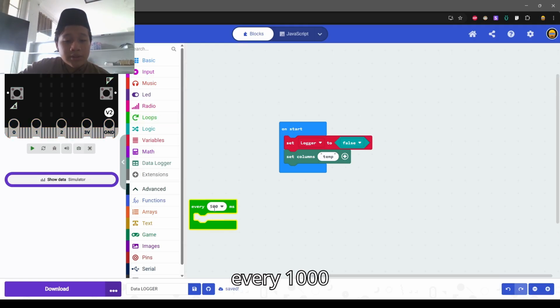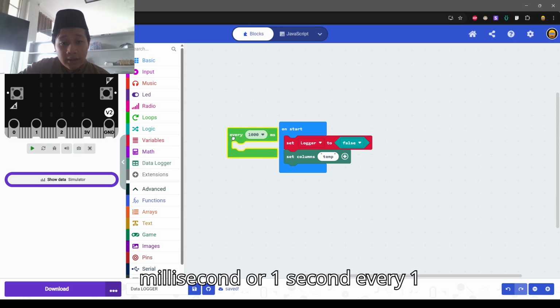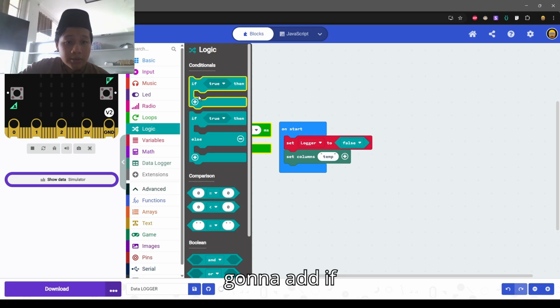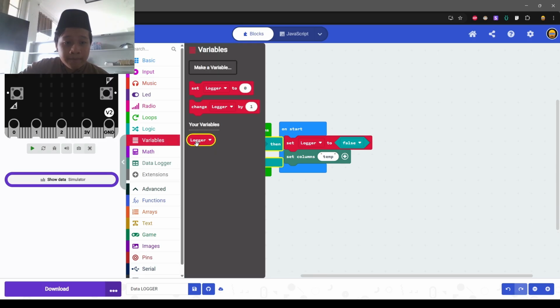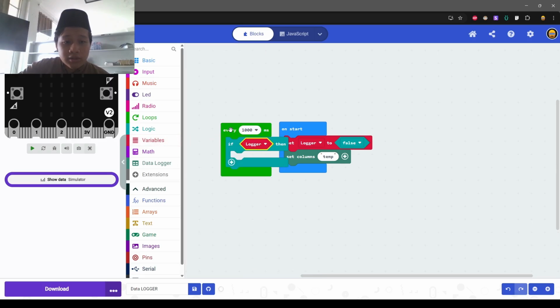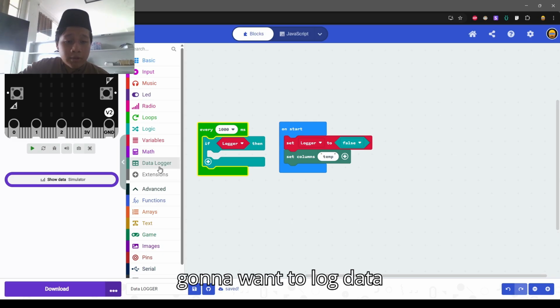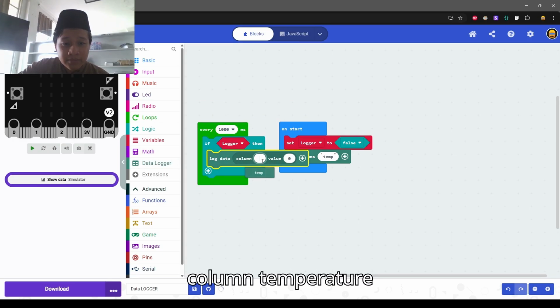Okay, and then we are not going to use forever, but we are going to use loops, every 1000 milliseconds, or 1 second. Every 1 second you're going to add if logging, if logger, then you're going to log data, column temperature, for the value.